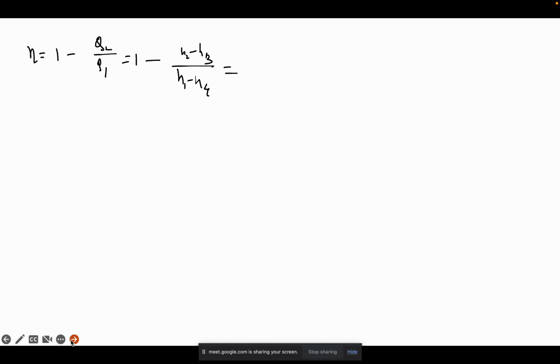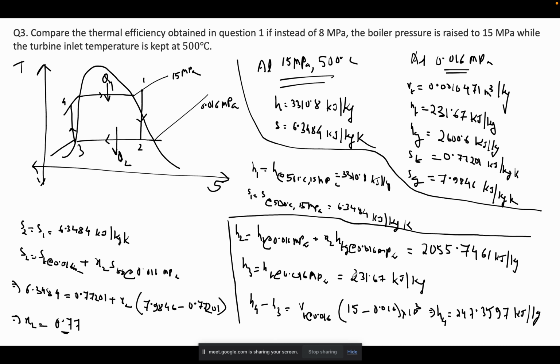Q2 is what? Q2 is H2 minus H3, correct? 055.7461 H2 minus H3, 231.67 by H1 is 3310.8 H1 minus H4, 247.3597. Okay, so this is your